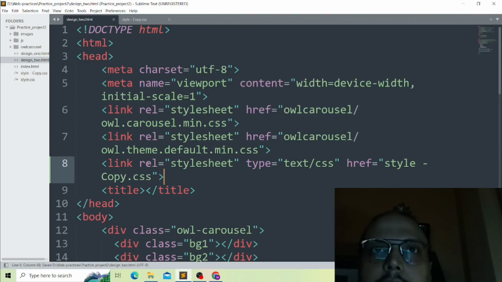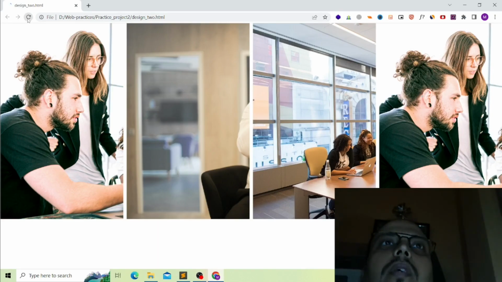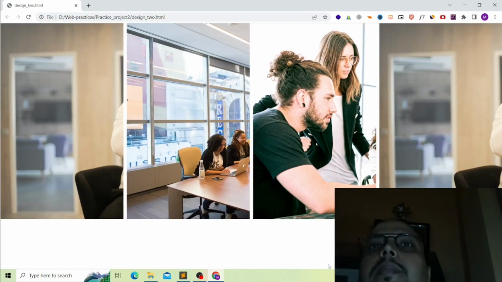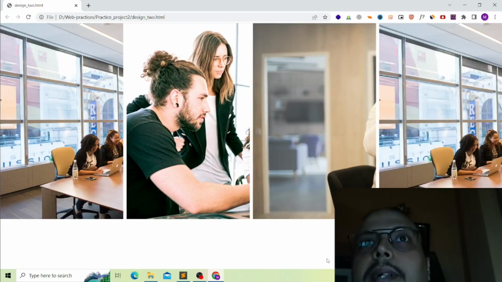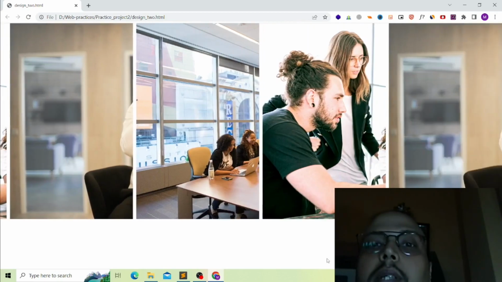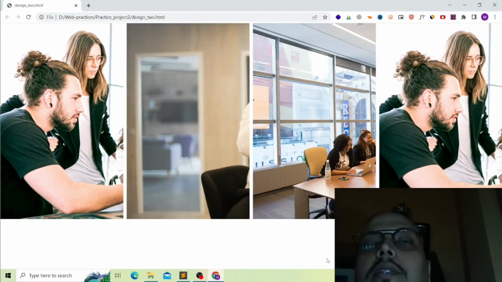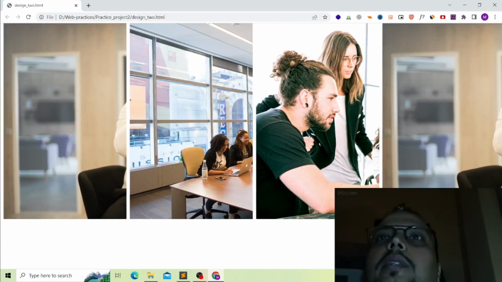So after I have done that, let's just save that and reload our code. Okay, so yes, the images are here, as you can see. The owl carousel actually works at the moment, but you can see that this is not a very good looking background slider at the moment, because there are four sliders that are just